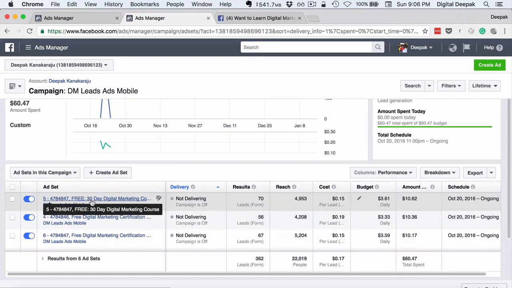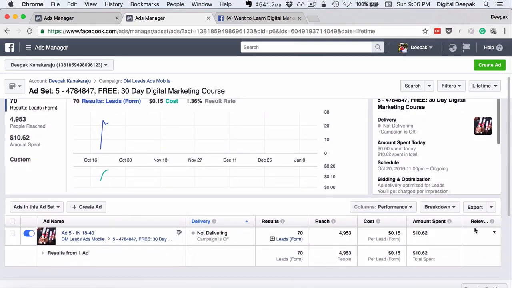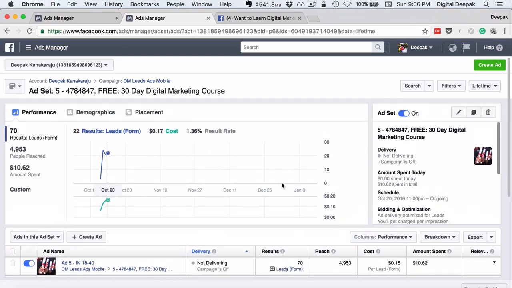And let's go ahead and click on one of the ads. Then you can see the relevance score here, and this is the lead form. I can go and access the lead form if I want. Total number of reach, cost per lead, amount spent. So all this is displayed here. So this is how lead ads work, and now let's go ahead and look at how to integrate lead ads